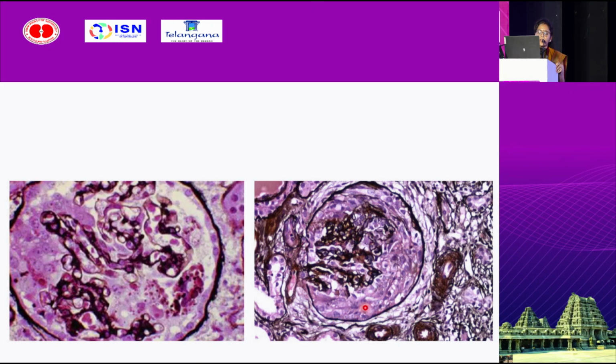There is extracapillary hypercellularity, and the cell morphology here is spindle cell morphology. There and here the cells are collapsing, polygonal in shape. Also there is intracellular matrix inside these crescentic cells. Many times there is a breach in the Bowman capsule, and microtubular cysts are seen in the collapsing variant. Also WT1, that is podocytes, can be positive in collapsing glomerulopathy, and cytokeratin will be positive in crescentic cells.